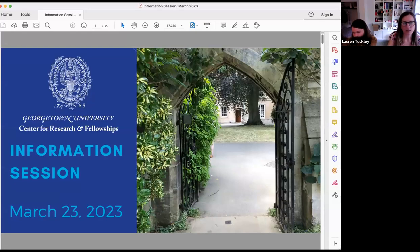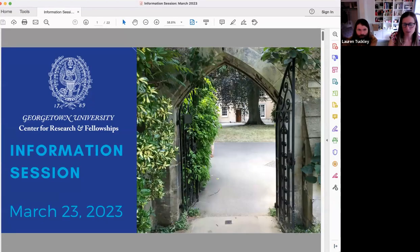This is going to be a presentation on information about applying for internal nomination for one or many or a few of the UK fellowships. Those essentially that we're going to talk about tonight are the Rhodes Scholarship, the Marshall Scholarship, and the Gates Cambridge. Sorry, just kidding. We will talk about the Gates Cambridge, but we're also going to talk about the Mitchell Scholarship. So there's a lot of ways that you can study in the UK, but we're really going to focus on those that require